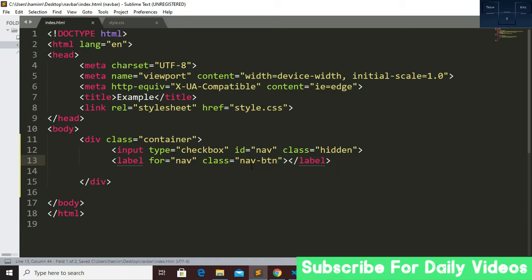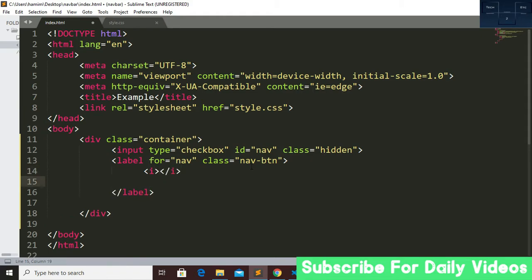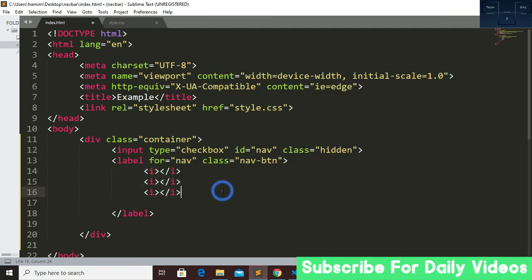Inside this label we have to create an i tag. Let's copy this, so we have three i tags. We need these for the button. Here you can see that there are one, two and three horizontal lines, so that's why we create three i tags for these horizontal lines.